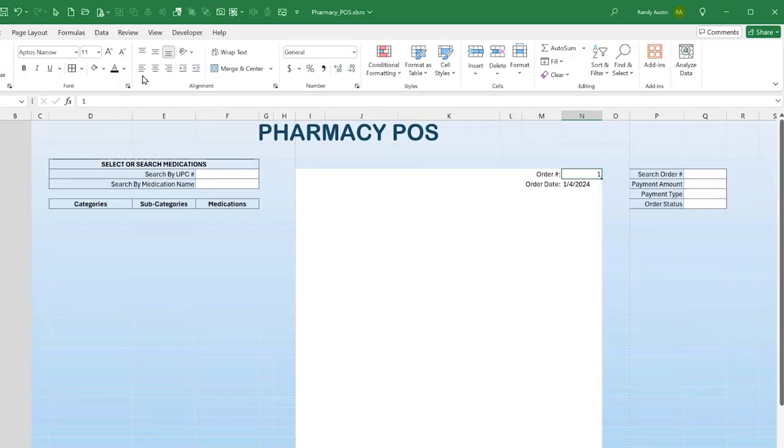So what we're going to do is save it, and we're going to take a look at that. Now, when do we want to trigger that? Well, I want to trigger update medication when a user makes a selection change on column F, and we need to make sure that there's a value. So once again, we're going to go into our POS here. Let's just make sure, I'm going to put